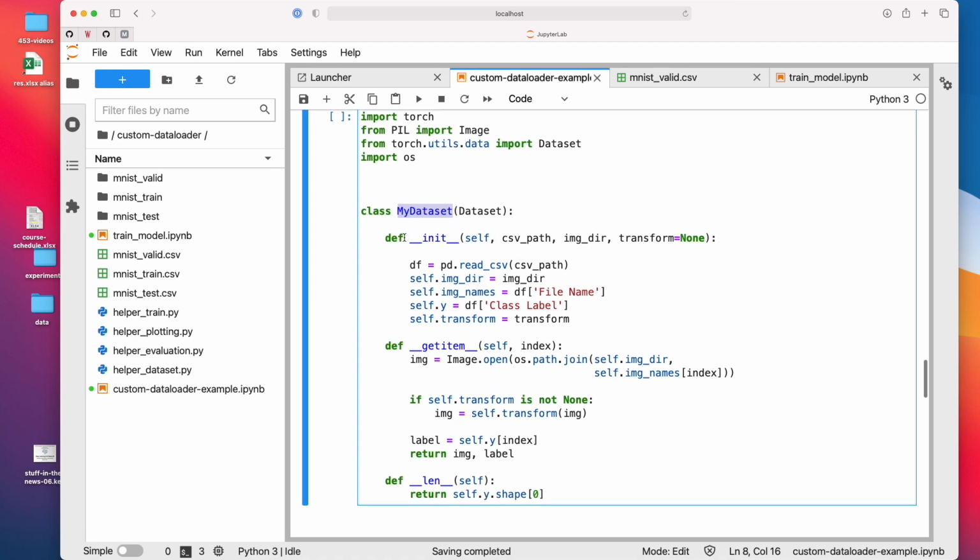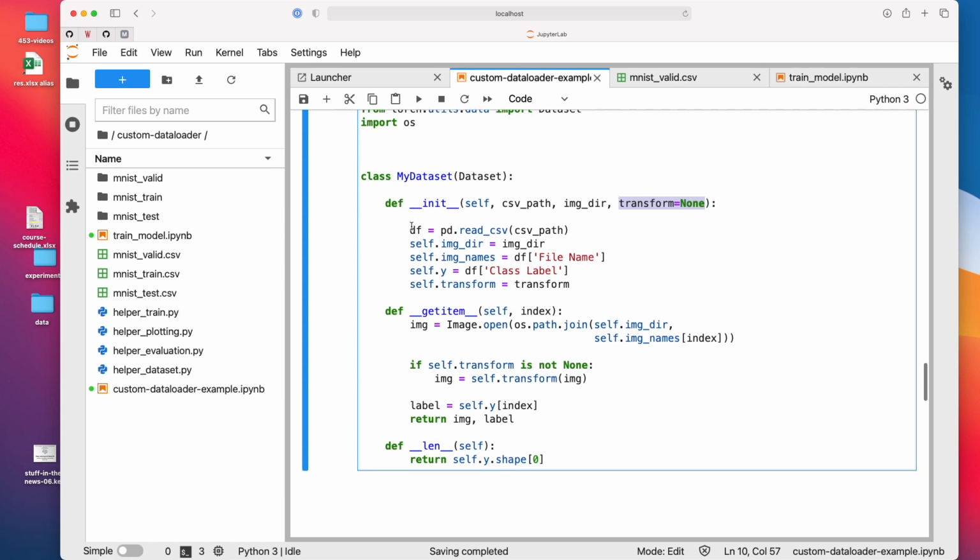And then, like in every class, we have an init method, and here in this constructor, in this init method, I'm specifying certain things. It's basically, by the way, arbitrary what I put here. It's not required to put anything here, but what we need here, because we have CSV files and we have folders, I put both the CSV path, the path to the CSV file, let's say the training CSV, and the image directory, for example here this directory. And there's also a transform for doing a custom image transformation. I will show you just a very basic transformation. Actually, we're not doing any transformation. I will talk about this in the next lecture.